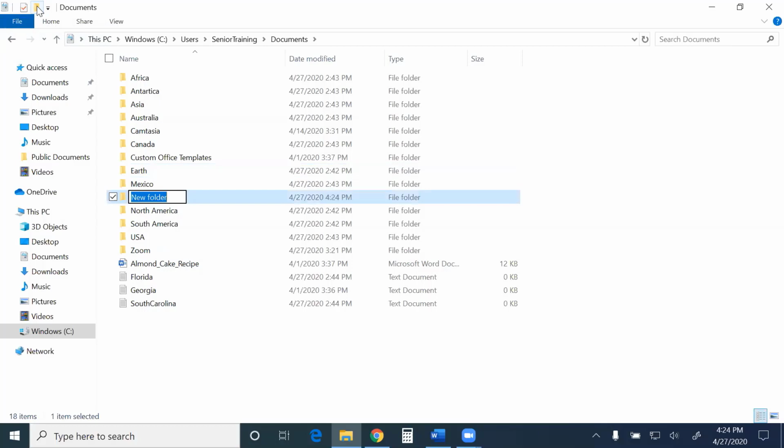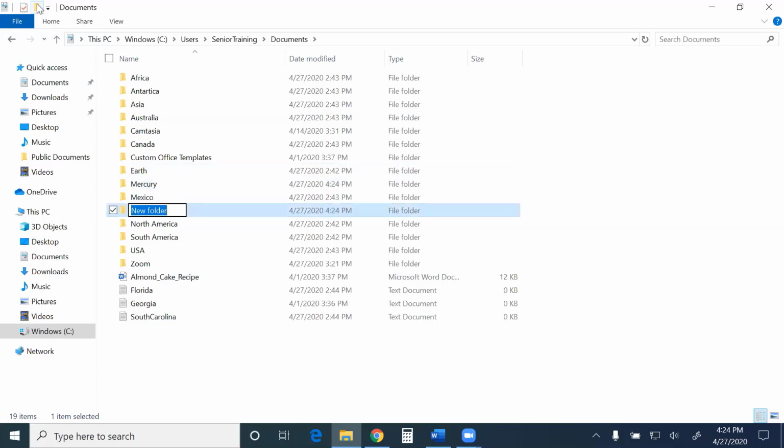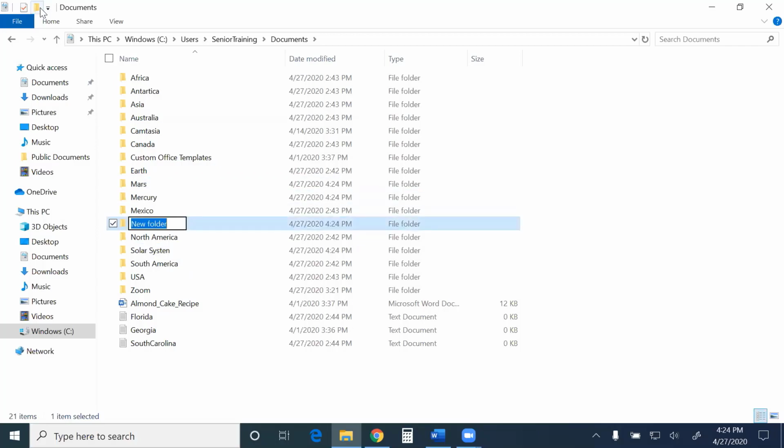So I click on that, new folder is highlighted in blue. What does that mean? It means I can just start typing. And I think I said Mercury instead of Saturn, so we'll go ahead and call this one Mercury. And just for fun, I'm going to create one more, and I'm going to just call it Solar System. And why I've got all these different locations will start to make more sense here in just a moment. So, matter of fact, I'm going to go ahead and just create a couple more. We'll call that one Mars. We'll call this one Saturn.